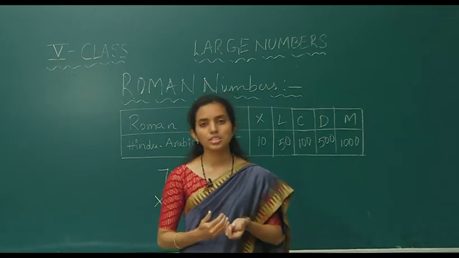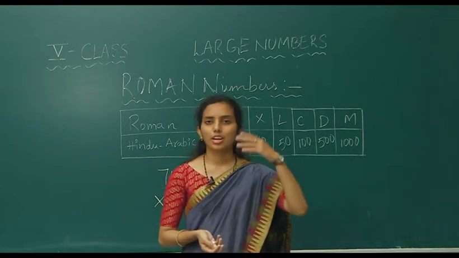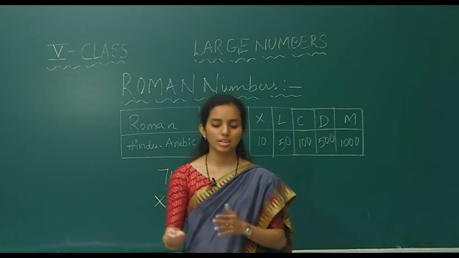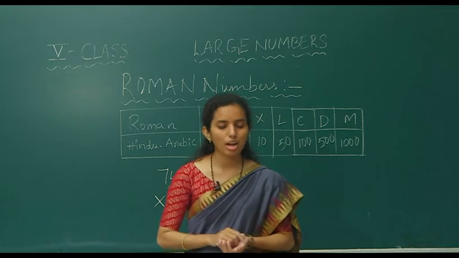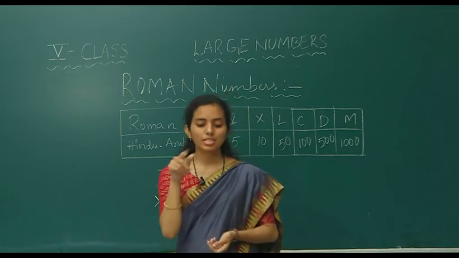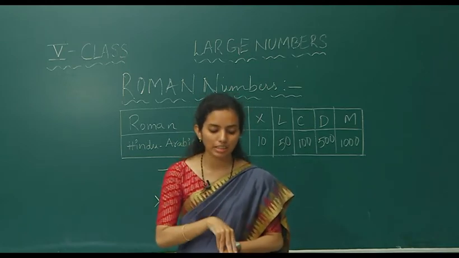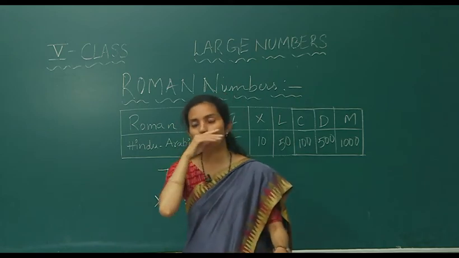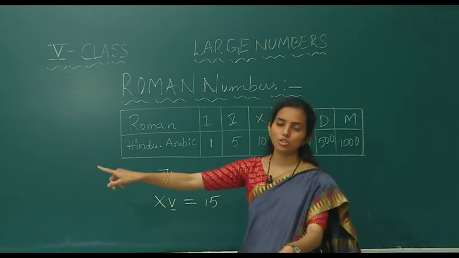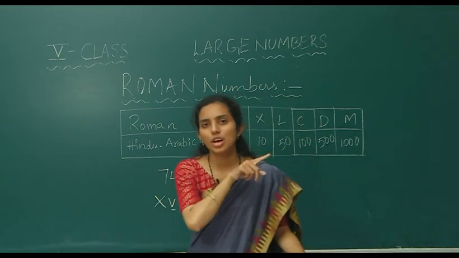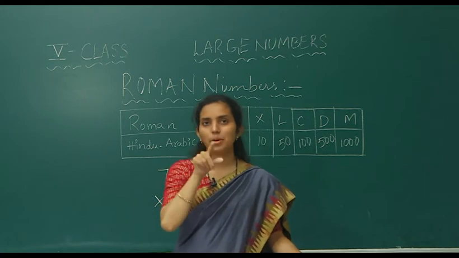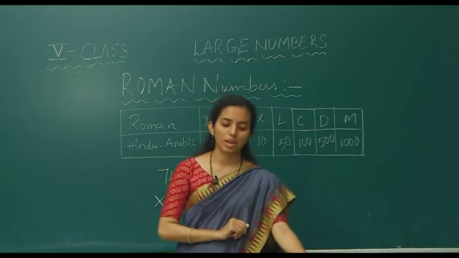And the second question is, as usual, when the number is given, we have to write the word name. When the word name is given, we have to write the number. And the place value of the colored digit. There is a digit highlighted in pink color and you have to write the place value. You can do that by writing the place value chart. Draw the place value chart, substitute the values, and wherever the highlighted number comes, that is its place value.